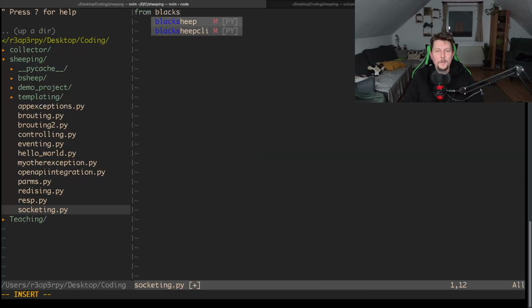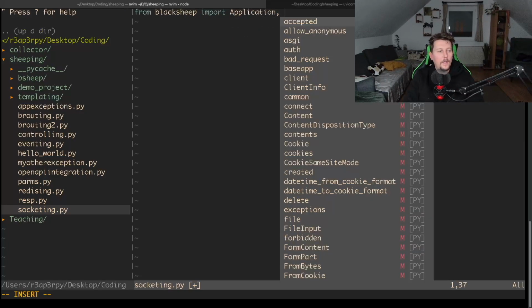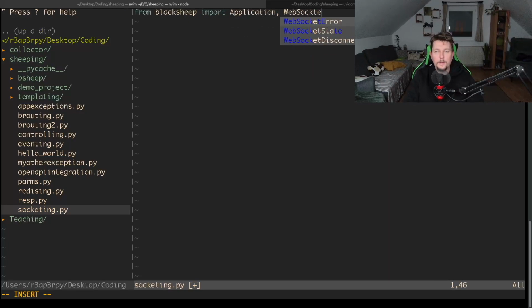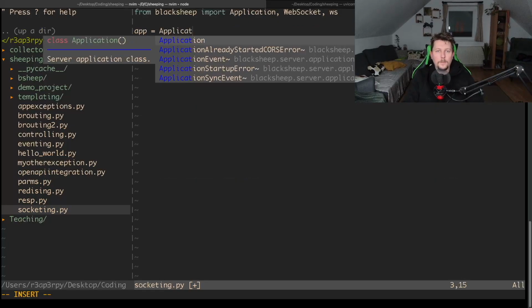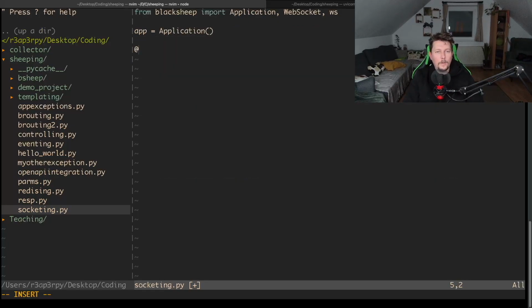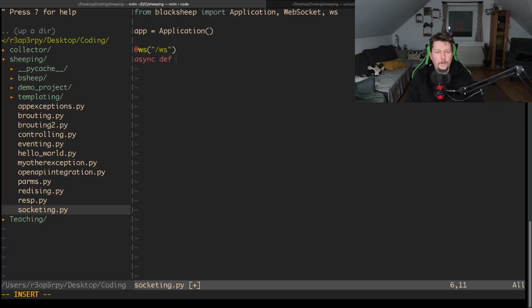From BlackSheep we have to import the Application and the WebSocket and the ws, and we create our application and we decorate a function with the ws. So basically what we have to do is to say that this is the name of the context route, and we have the async def socketing,